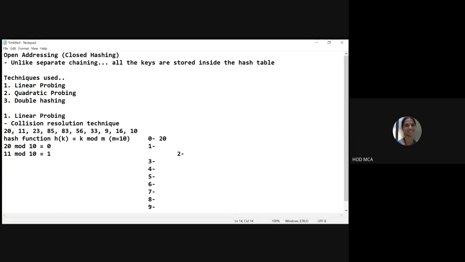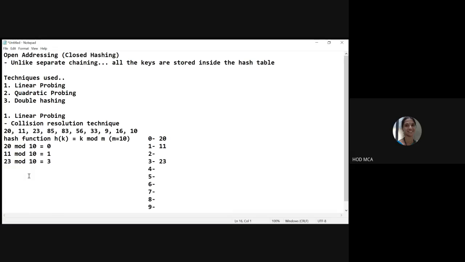Correct? So in the first location, I can store 11. Next, I have 23. 23 mod 10 is going to be 3. Correct? So in the third location, I can store this 23, no issues.